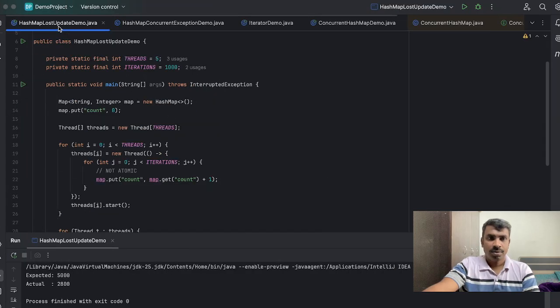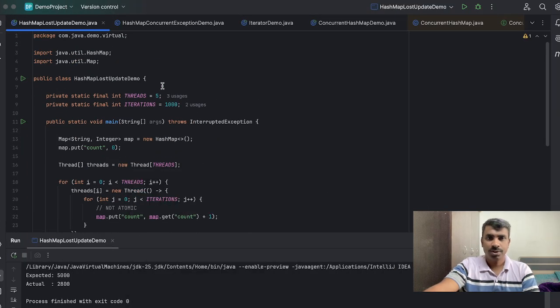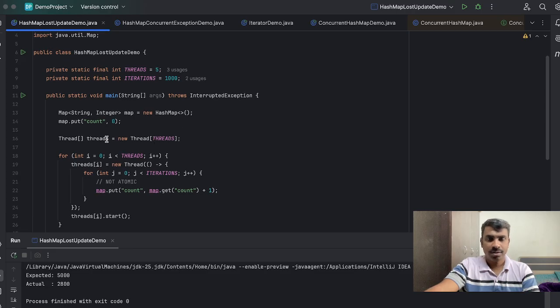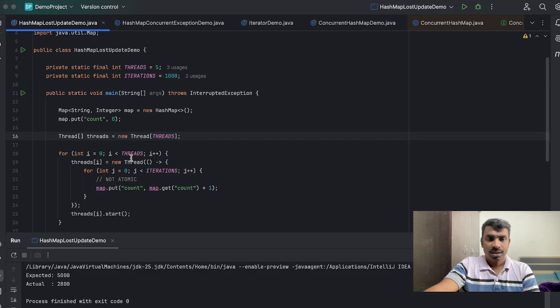So I want to show you two demos. Here you can see five threads, 1000 iterations, meaning we are creating five threads here, then iterating a total of 5000 times. Each time it's a normal HashMap. Each time I am incrementing the count one by one.